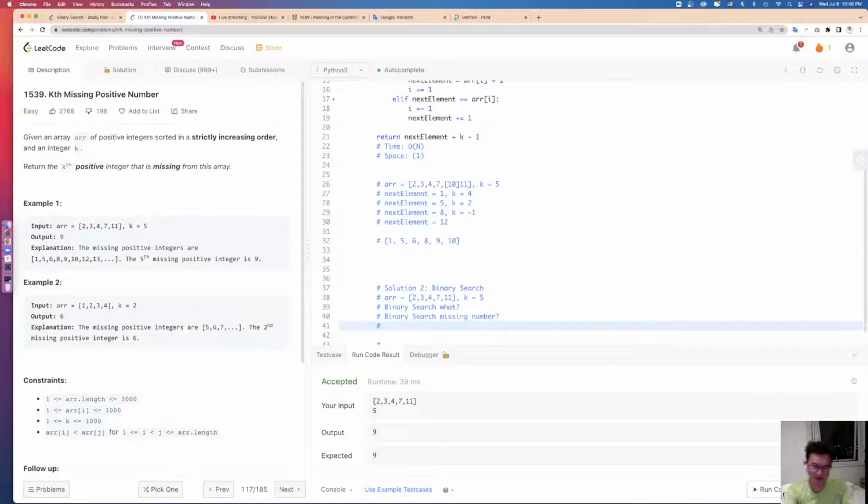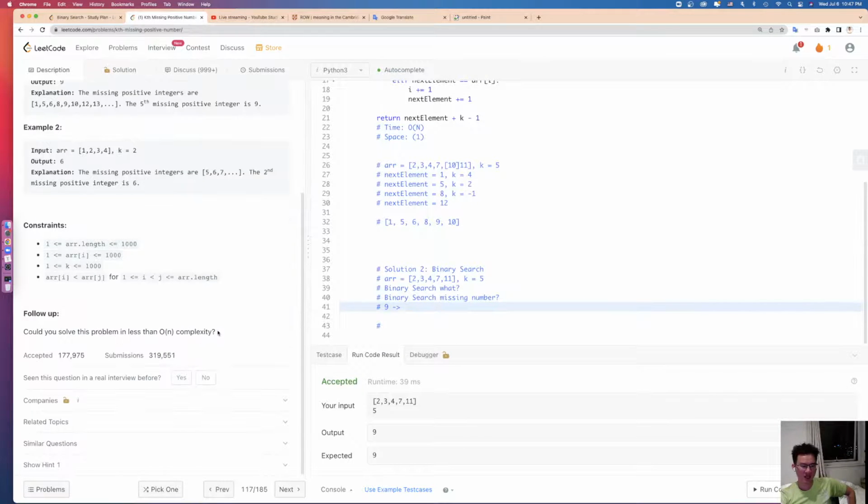And binary search what? By searching 5, how do we know that 9 is correct? If we pre-calculate the distance here, if you take O(n), less than O(n),